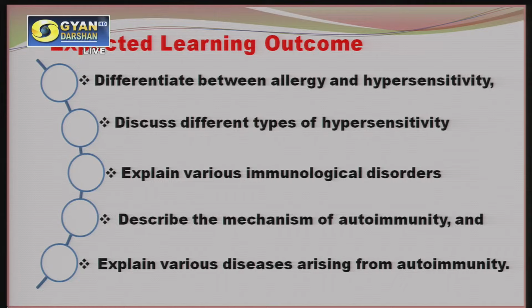My session is divided into two parts, part first and part second. In part first, we will discuss hypersensitivity. How can we classify hypersensitivity? It is of four types: type 1, type 2, type 3, type 4, and I will also discuss immunological disorders. Basically there are two types: organ specific immunological disorder, in which various organs are involved, and another is systemic